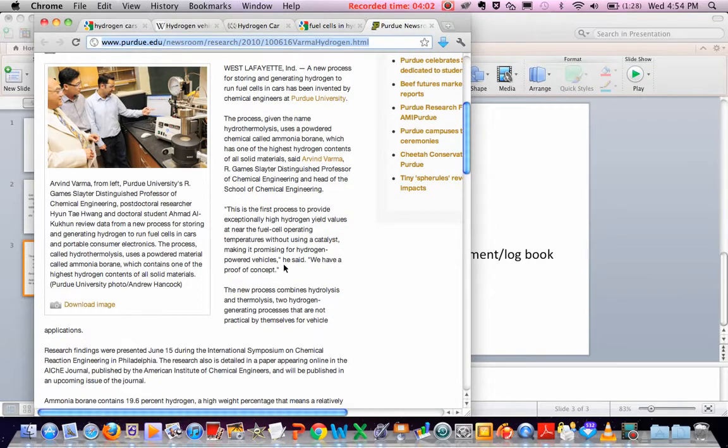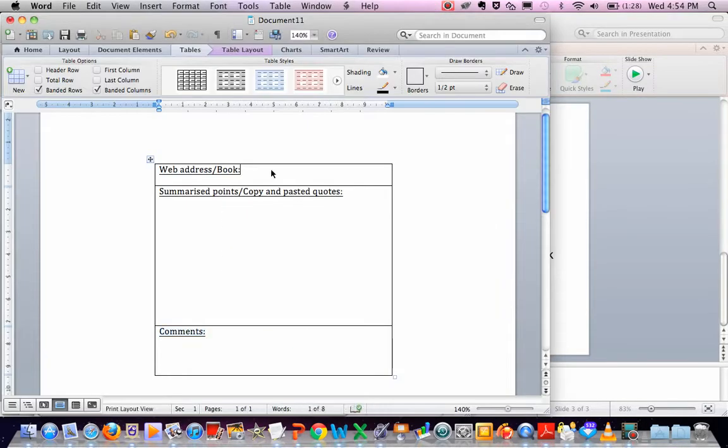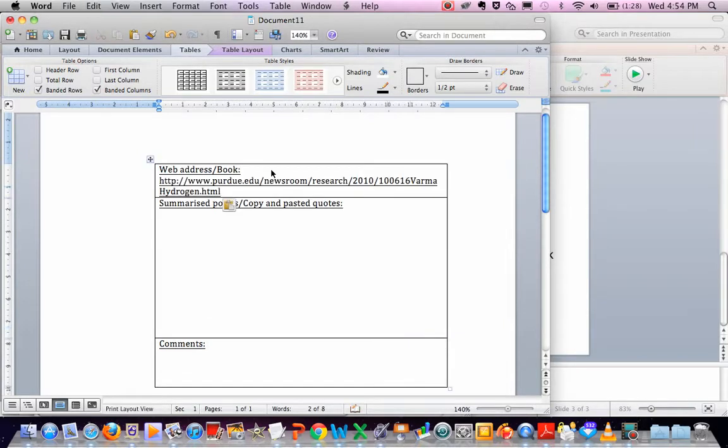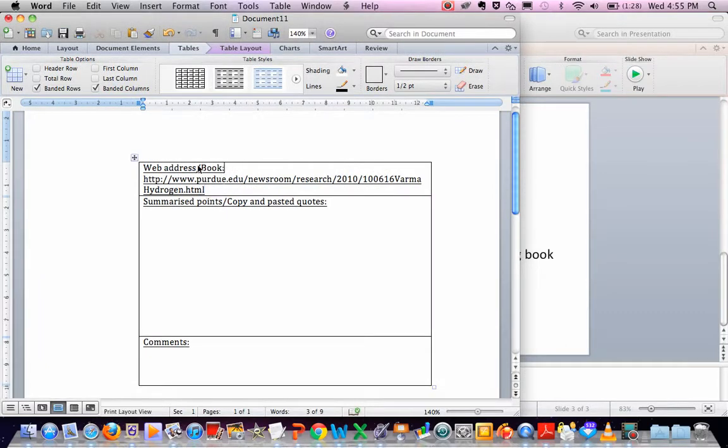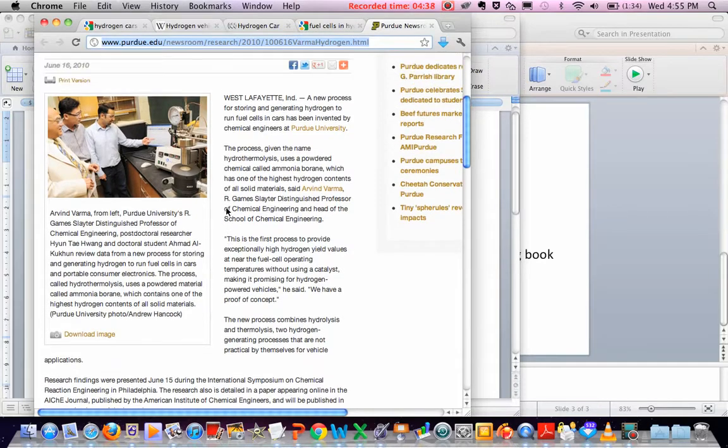I can transfer that information to a logbook or an electronic one that I've used here in Word. So first thing I want to do is I want to make sure that I keep the web address there so I can come back and find it later, because often students will get some really good research, but then the next day they'll come back and they've forgotten completely what they've got. So I've put the web address there so I can find it again. So when I'm referencing, I've got all of my information, and I do up a table like this, and I find it quite helpful. And let's say this, I go back to the website,